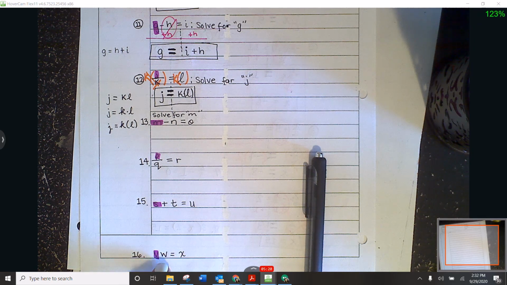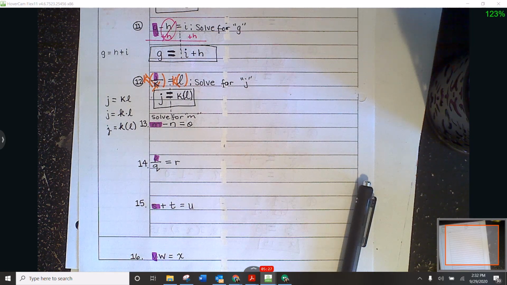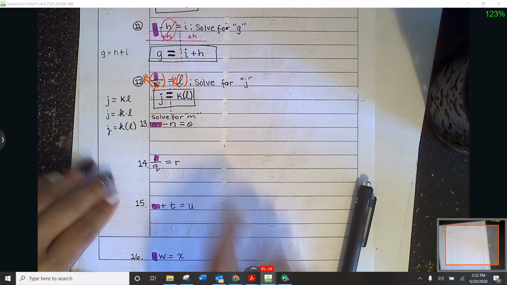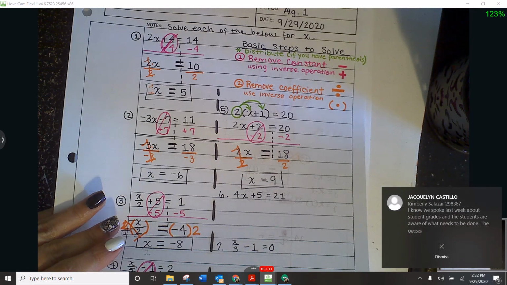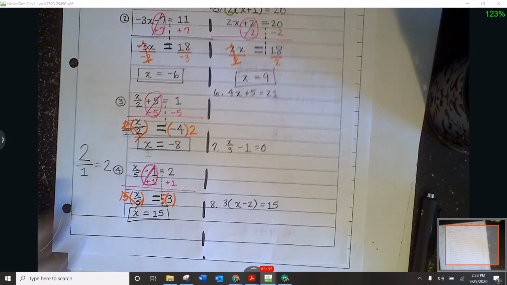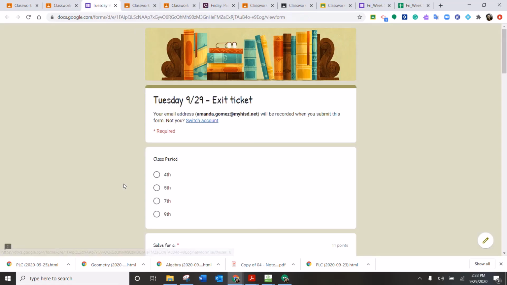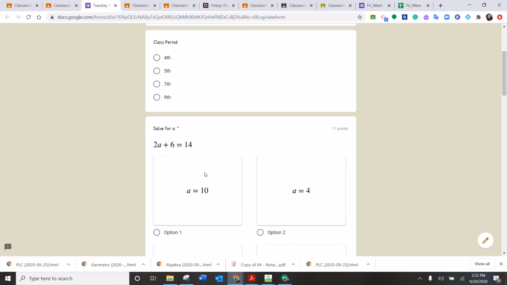And lastly, number 16, VW is equal to X. Now remember, since there's nothing in between the V and the W, it's assumed to be multiplication. All right, so you guys have your 4 problems here. Your 3 problems on the front, and